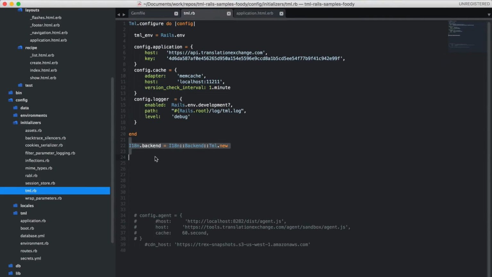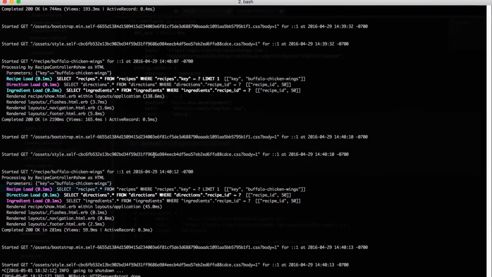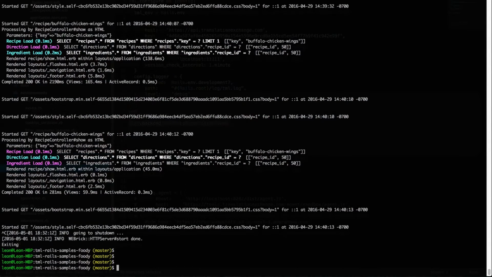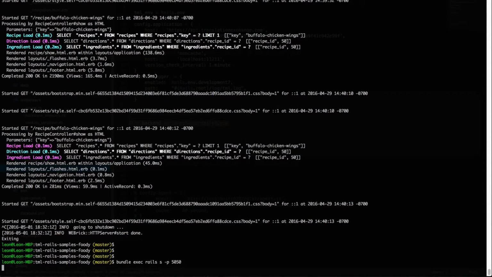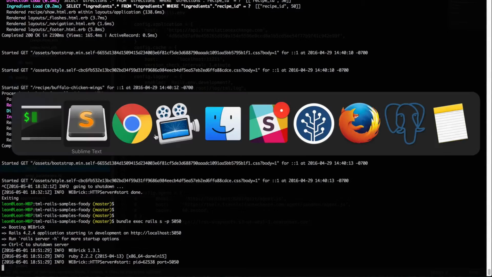So now we're ready to test how our application will appear and how we can start with the actual localization process. Let's run this application on port 5050, and it's going to start right now.